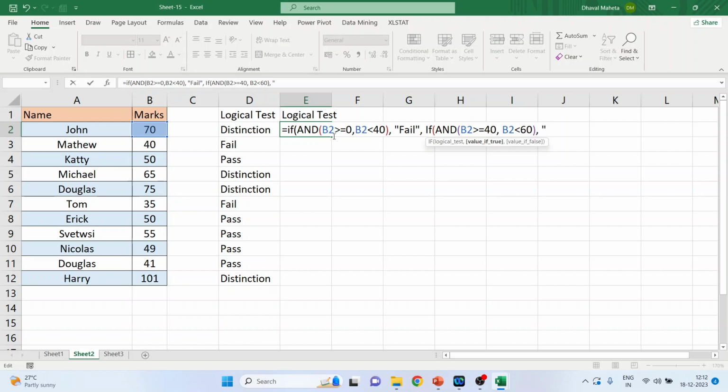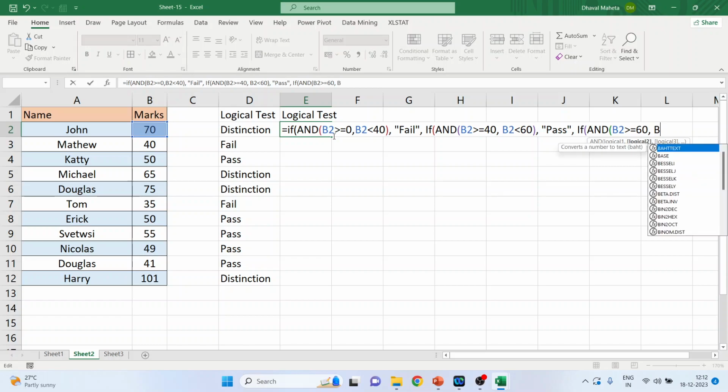Then the student is pass, again, comma, if, and, B2 is greater than or equal to 60 and B2 is less than or equal to 100. Close the bracket. The condition is true, distinction,